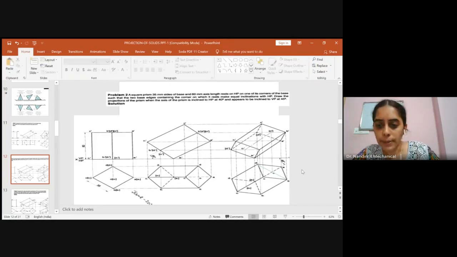After you draw the perpendicular line, you can measure this distance, O to D, how much is it. Measure using the compass, keep one end of the compass here and cut an arc. And similarly, from O to B, you measure the distance, keep one end of the compass here and cut an arc. So you got the corners now, D and B. C and A you had already. So now you will join A to B, B to C, C to D and D to A using dark line immediately. Why?